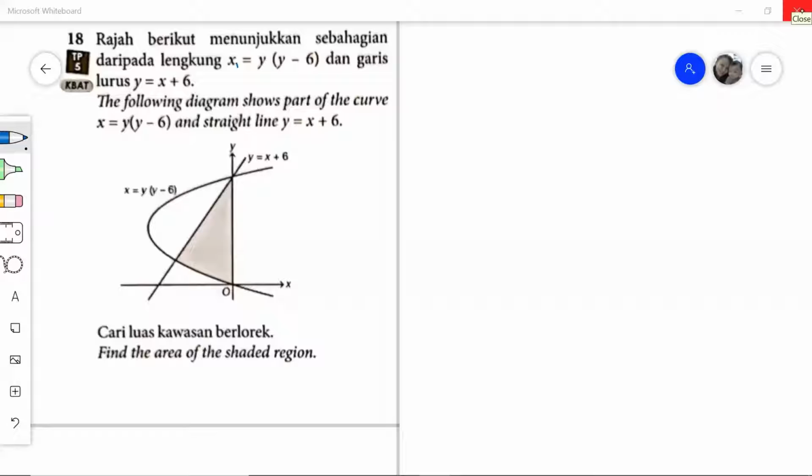Hi everyone, this is practice formative of chapter 3, question number 18. The following diagram shows part of the curve x equals y times (y minus 6). From here, we're going to straight away find the